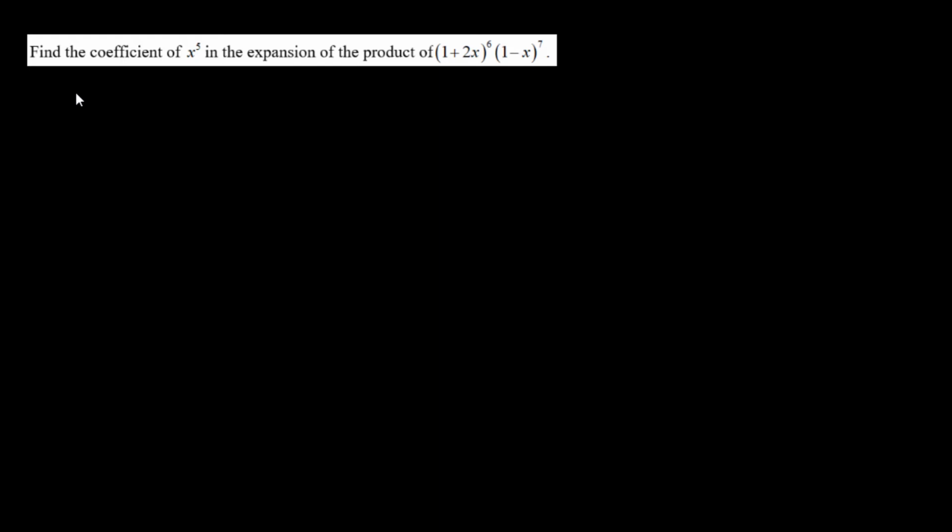In this question, we have to find out the coefficient of x to the power 5 in the expansion of the product of two binomial expressions. So let us begin by assuming that our x to the power 5 occurs in the r plus 1th term